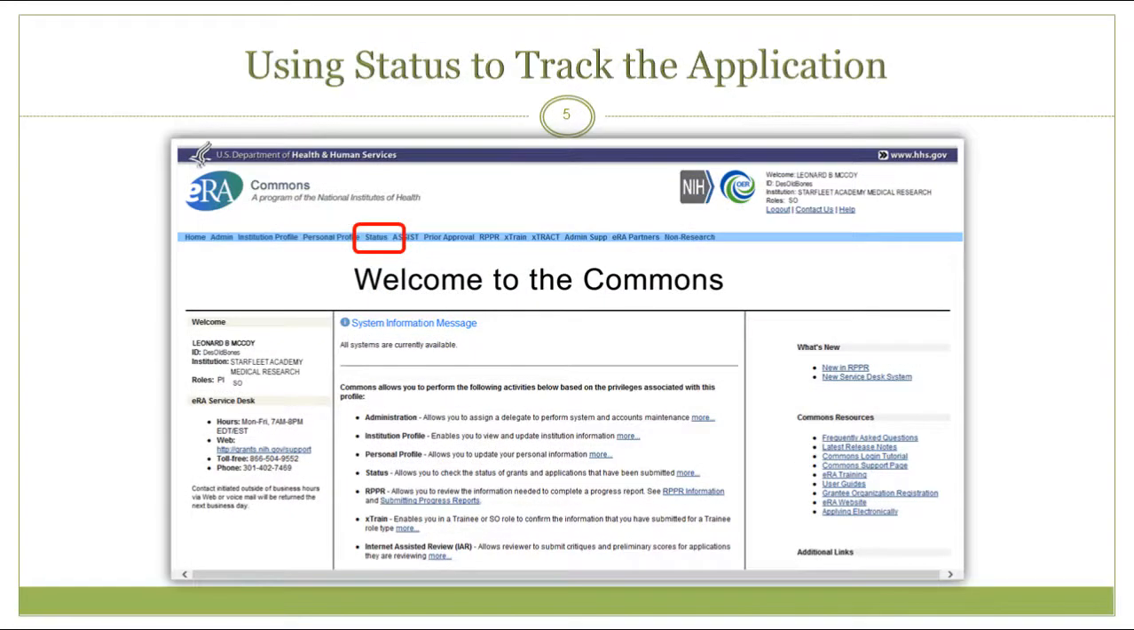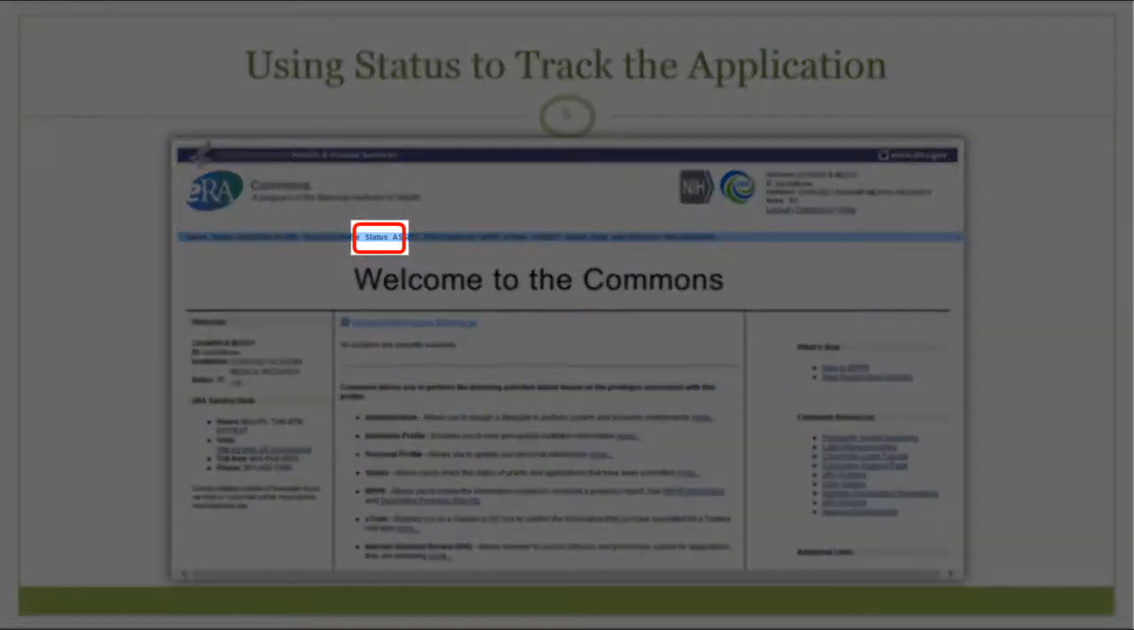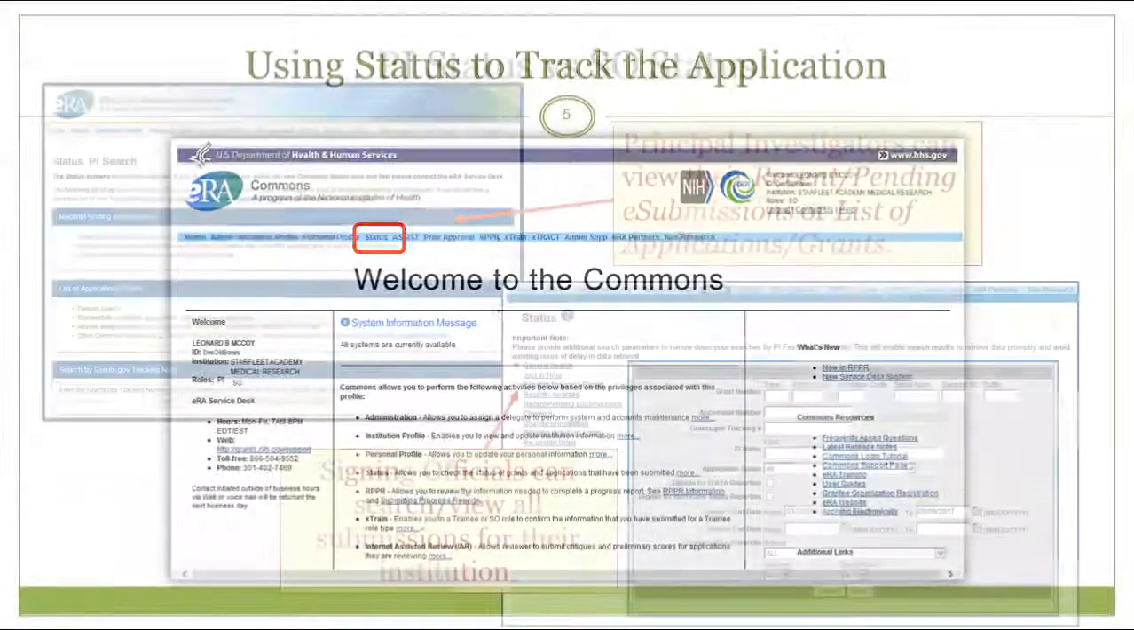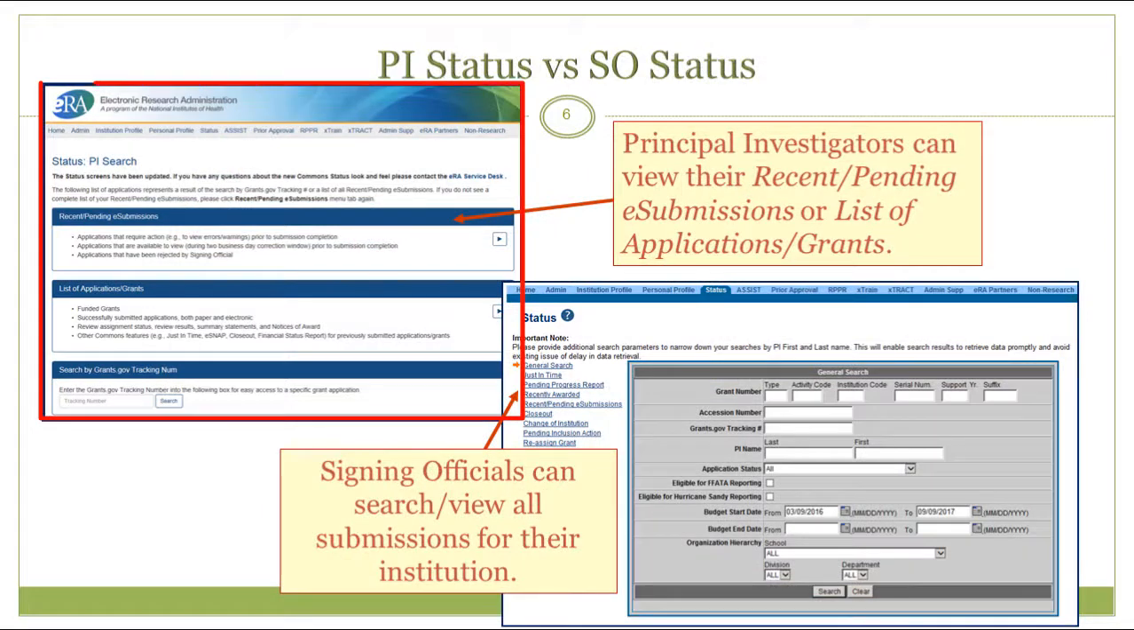So one of the most important things you're going to find out about Commons is it is where you're going to go to either track your application if it's a new submission or manage the award. And a lot of that is going to take place through the status menu that you see highlighted in this slide. So the PI, Principal Investigator, has one kind of status menu, and the signing official, or SO, has a